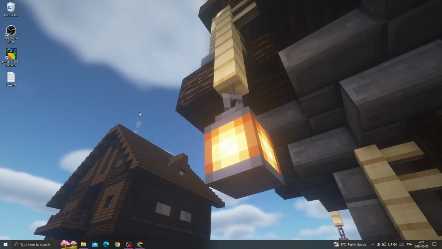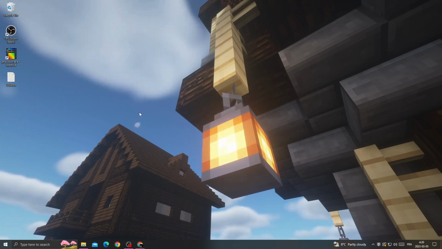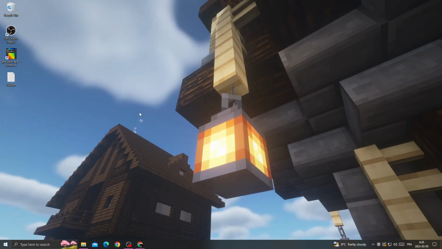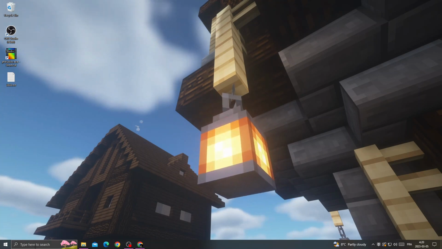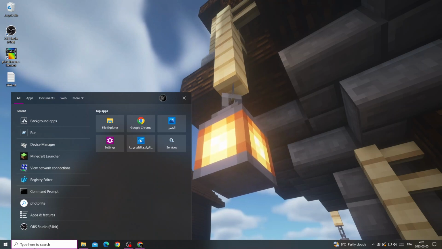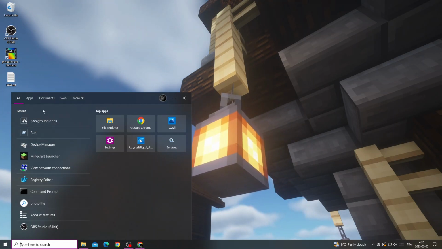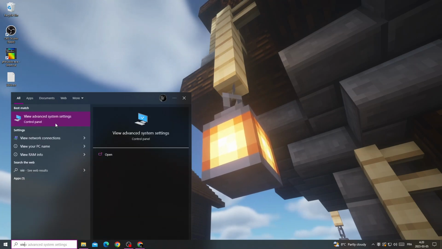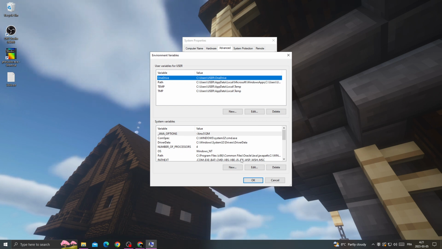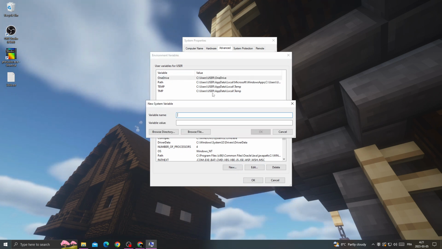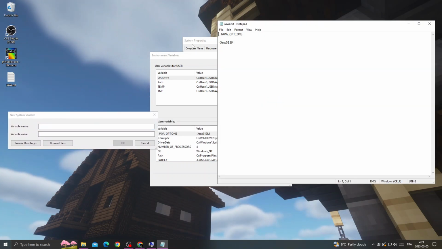Hello guys, in today's video I'm gonna show you how to fix Minecraft error Java virtual machine launcher. If you want to fix it, all you have to do just click here and then just type here view advanced system settings, and then click this option, and after that click new, and now just type here